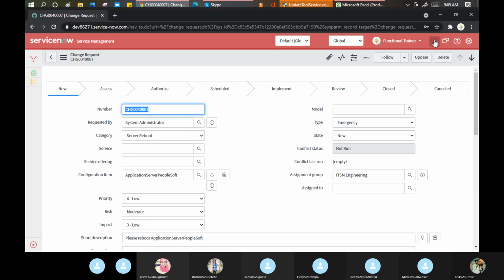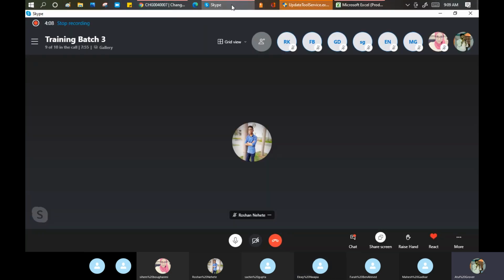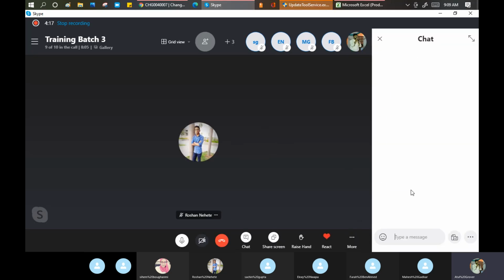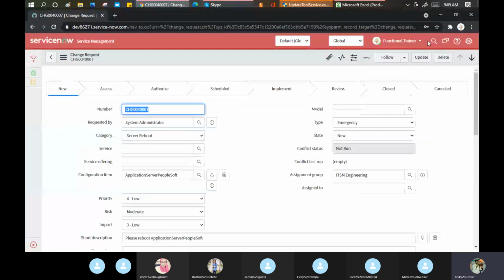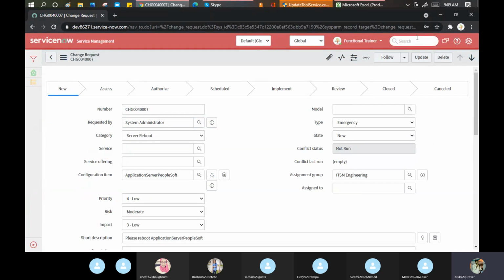Okay, so let's have a kind of rotation here. The practice I followed in my previous batch: every day I take one person's name, and their responsibility is to post the questions in the chat window, so that whenever you get time, you can open the chat and see what question I asked. So Roshan, just put this question for everyone again: identify what is the mechanism, technology, method or formula ServiceNow uses in the global search. We'll discuss it again tomorrow.